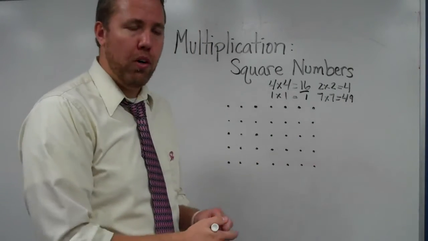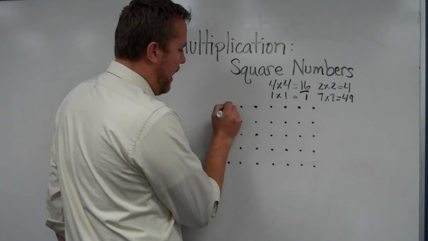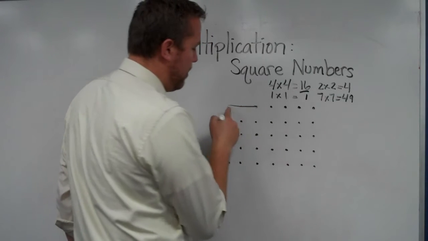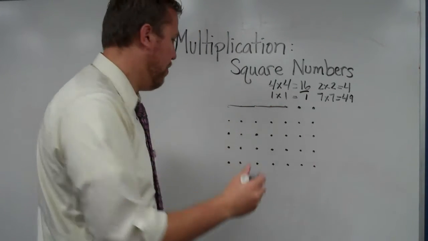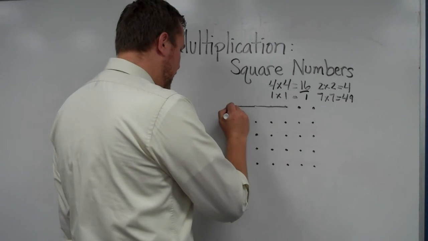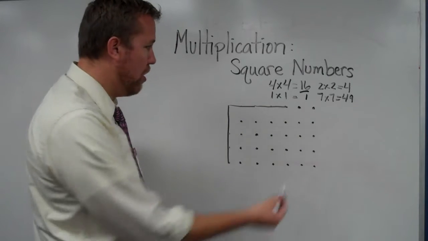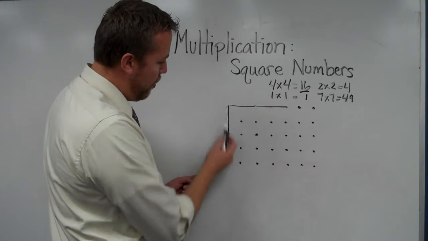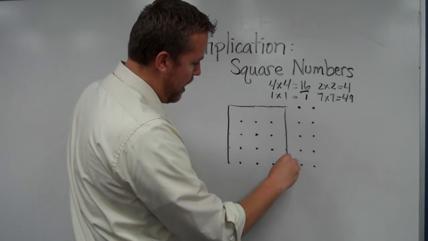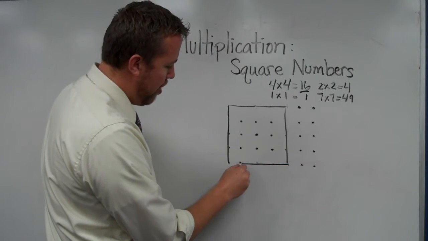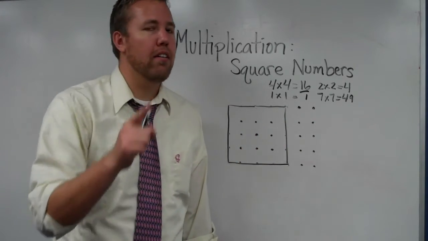Okay, so a square number. Let's pick 4 times 4. When we are building arrays, we look at multiplication as little squares, like on a grid. So we start at 0, and we go to 1, 2, 3, 4, filling 4 squares there. So we go across 4, and then down 1, 2, 3, 4. Everything within that range belongs to that array. On square numbers, when you go over 4 and down 4, you create a perfect